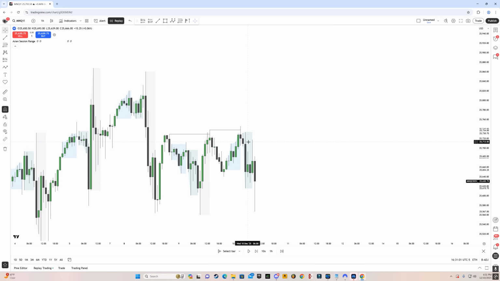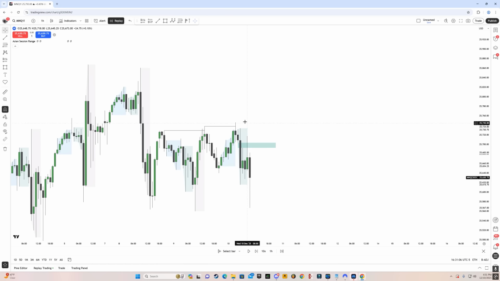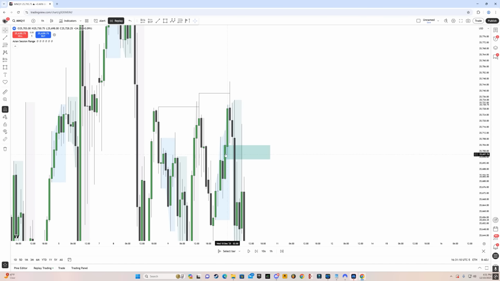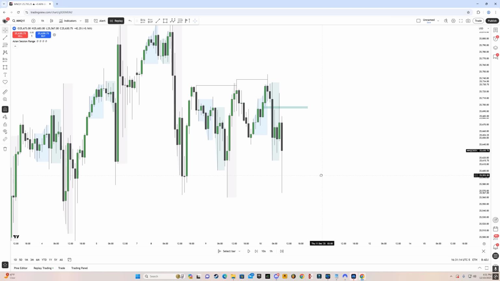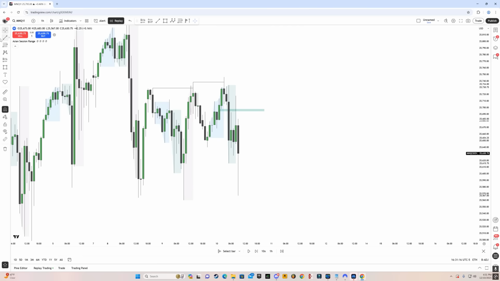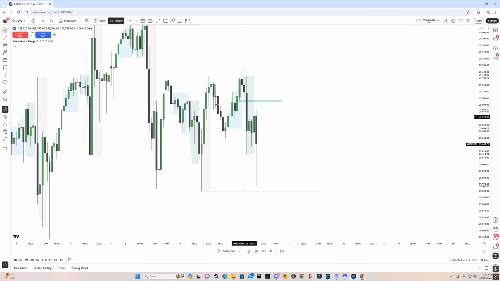But coming into the day, you can see that we respected this bearish fair value gap during London, and then we pushed down, and then we also inversed these bullish fair value gaps, this bullish fair value gap over here, indicating that we are in a sell program. So if you look to the left, we have this 1 hour low, a significant low, which is also New York's low from Tuesday. So with that in mind, you can say that, okay, my draw is to the downside over here.